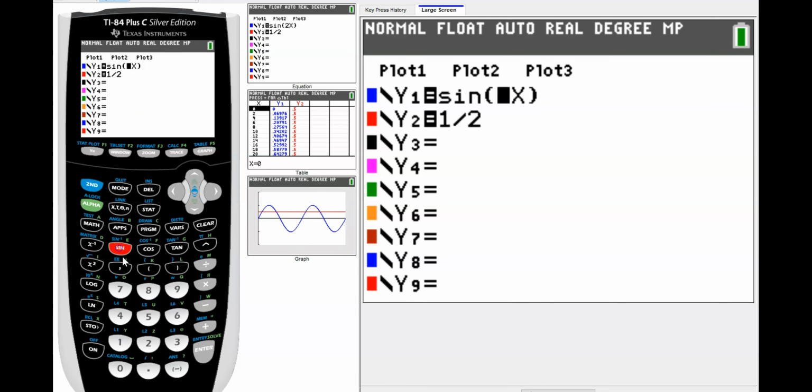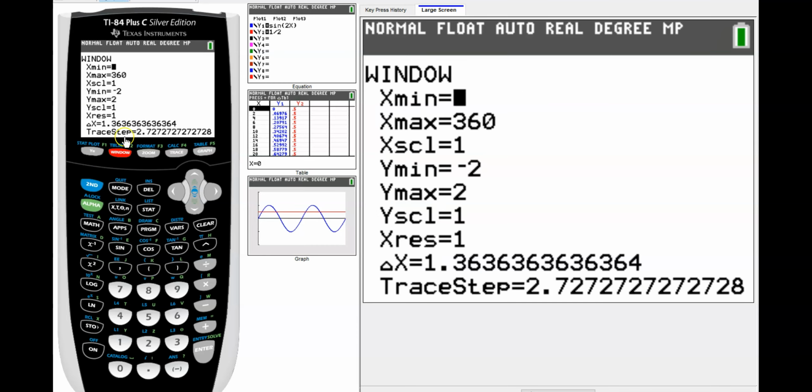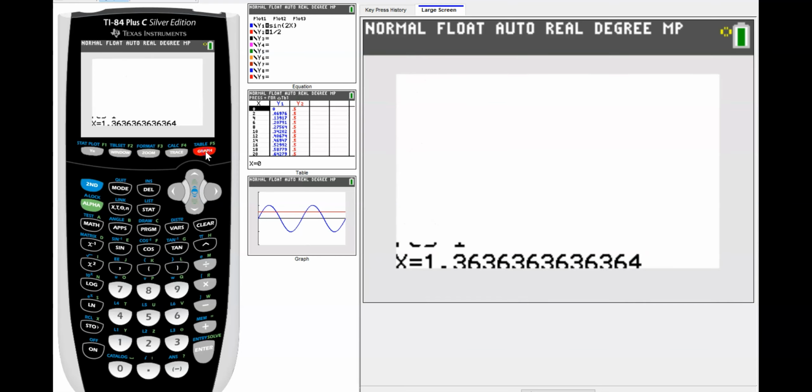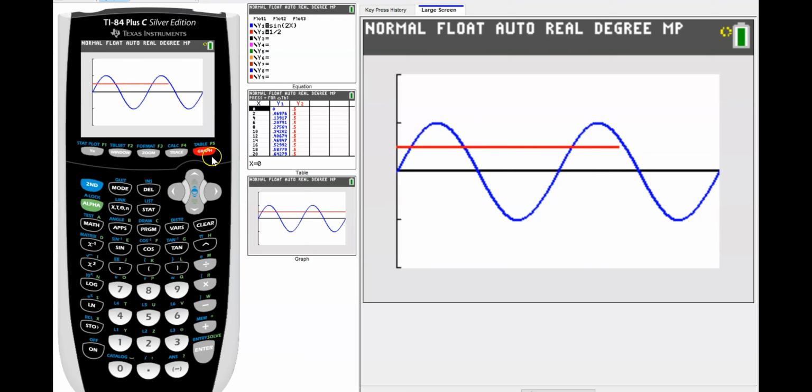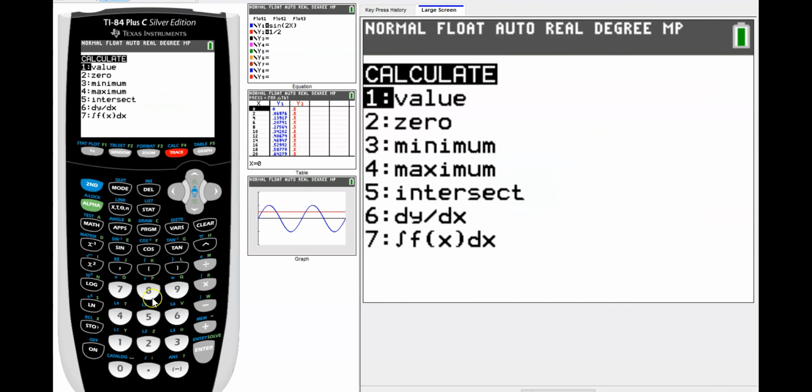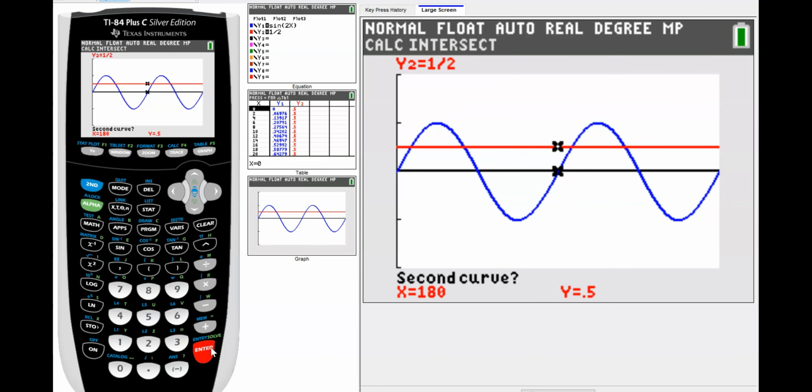So we go for it and change it. It's sine of 2x now. And our window's still the same. We're going from 0 to 360, negative 2 to 2. So if we hit graph, it gives us all of our solutions. See? So now we do the same thing. Second, calculate, and then intersect, enter, enter, enter, and there's the 195, and you do it again over here, and